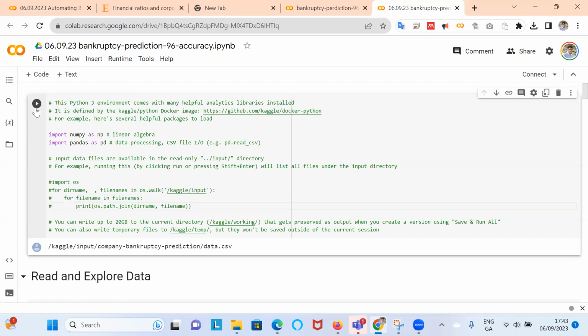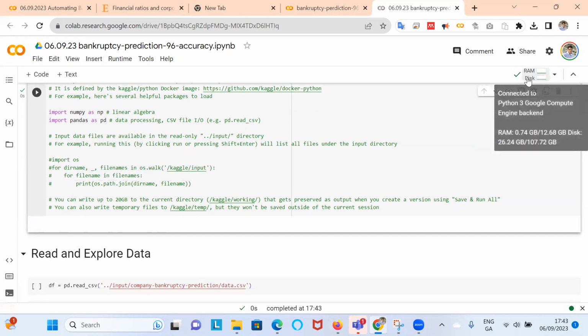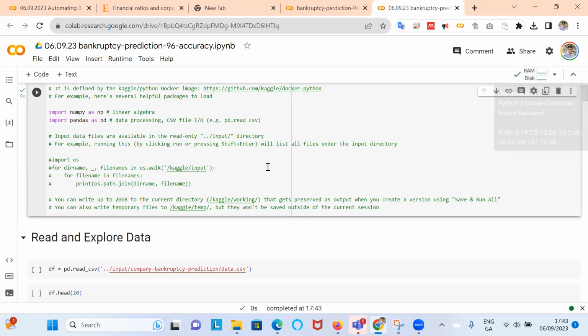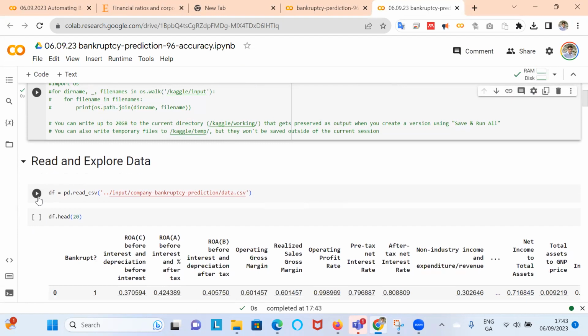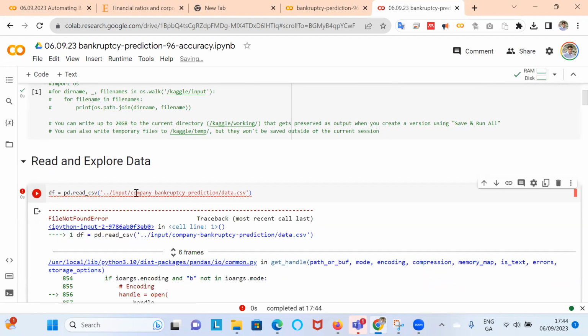Now, if I run that, shouldn't be a problem because I'm just importing NumPy and Pandas. So it takes a second to connect to the server, and everything we're processing here is going through the server. Okay, so then if I do this, it won't work because it doesn't know where to read this, right?